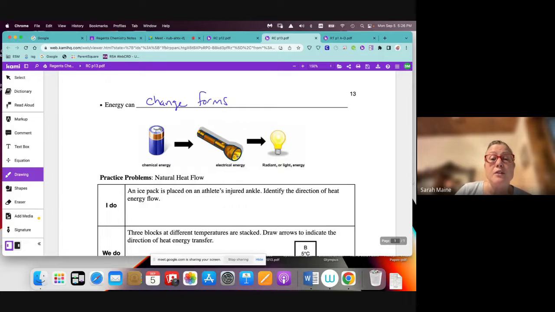The electrical energy reaches the bulb, and then you have a filament of some type, and it starts to give off radiant or light energy. So the purpose of using a flashlight is for that radiant energy. But to get that radiant energy from a flashlight, we start off with chemical energy in the battery. It changes to the